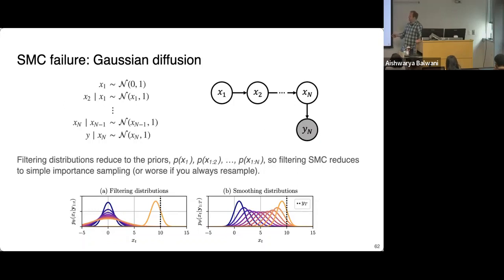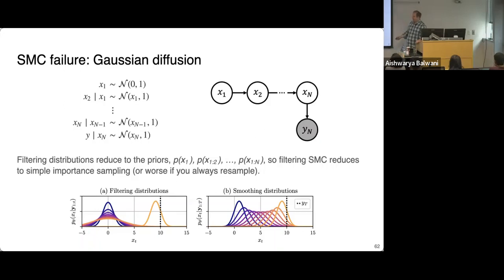So you have a sequence of distributions, P of x1 and y1 up to P of x1 through n and y1 through n. And in this case, since you only observe an observation at time n, all of those filtering distributions are really just the prior, which is very broad. So if we knew that this linear Gaussian chain started at 0, and then we got an observation at time 10, at y equals 10, the filtering distributions would look like the prior up until time step 9. These are just Gaussians centered on 0 that are getting broader and broader and broader. And then once we finally get this observation, we see that this filtering distribution shifts way over to the right.